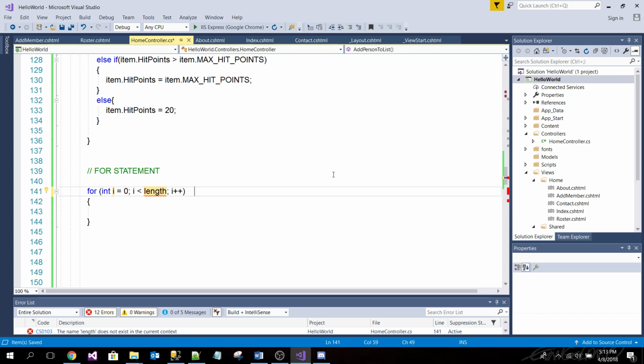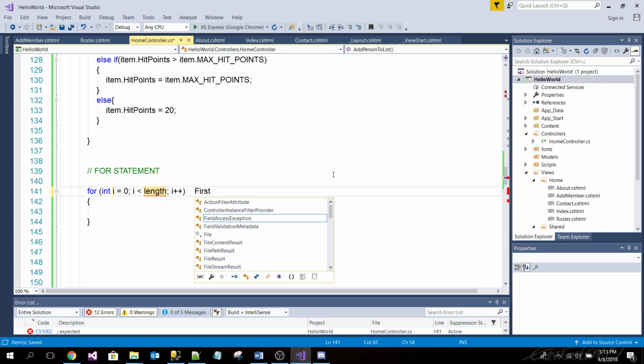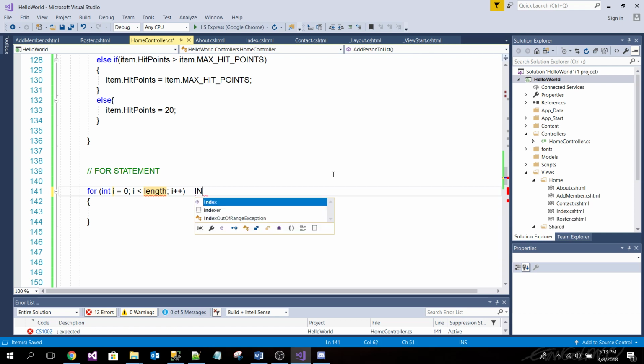Also in the first one, you see where it says equals 0? That's going to be the initial value of your index. So index, initial value, index tracking.